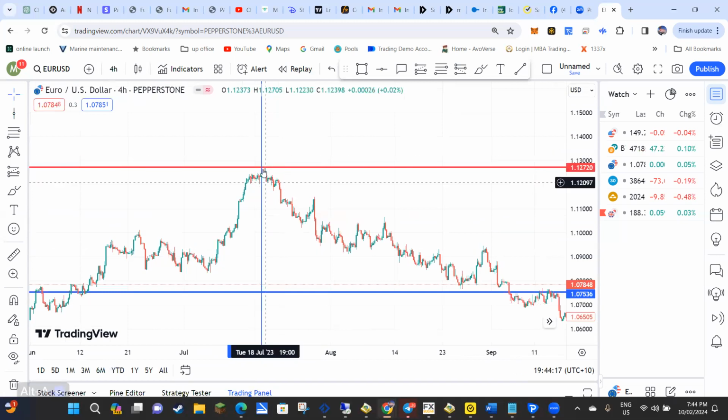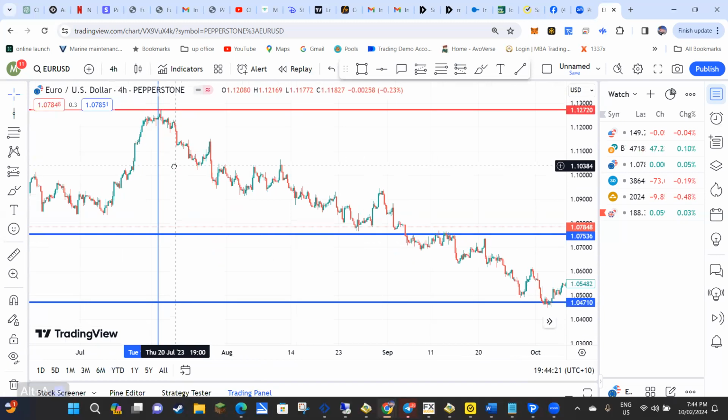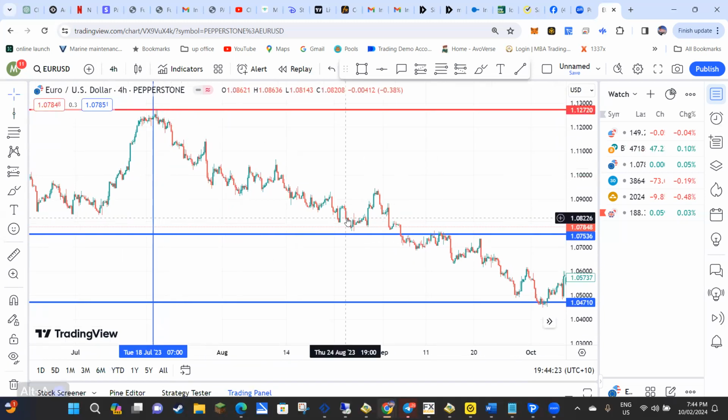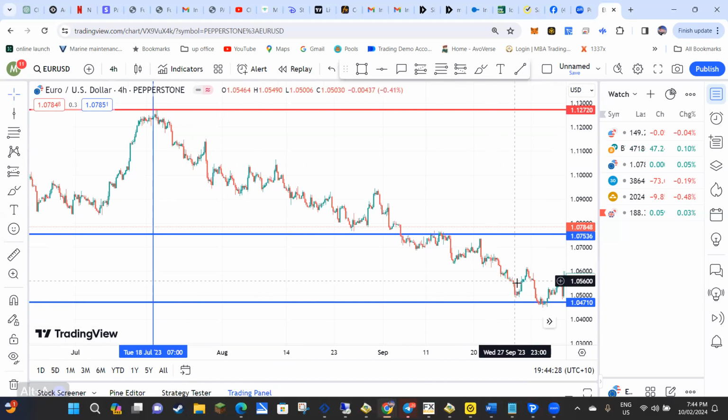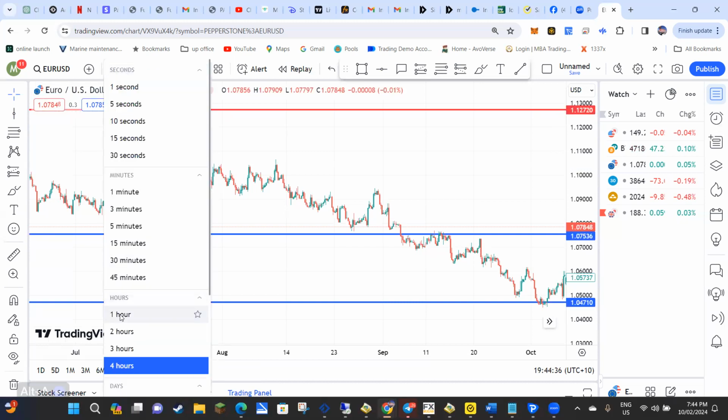Okay, so there's our vertical line. This is where we identified the top of the market. And if we have a look on the 4-hour time frame, the market's going down for a long time, still the same as well. So now the top's still the same and we're trading down. And then on the 1-hour time frame,